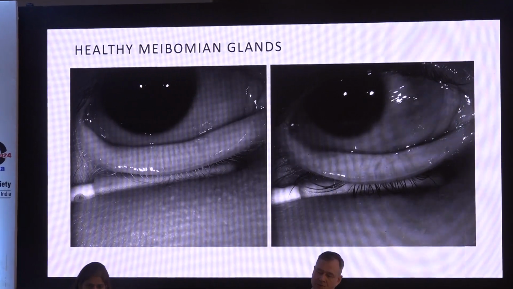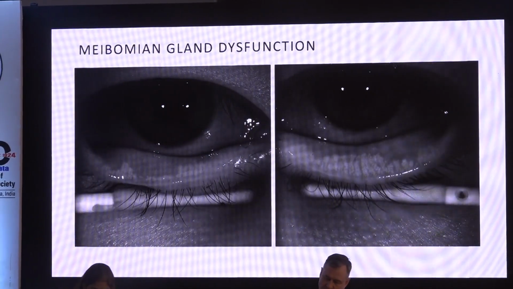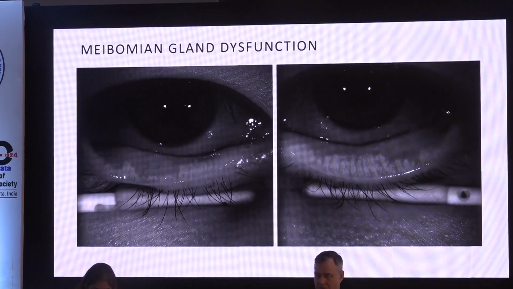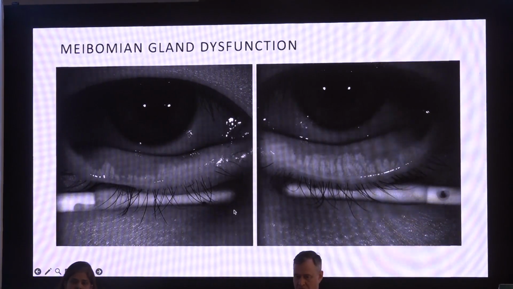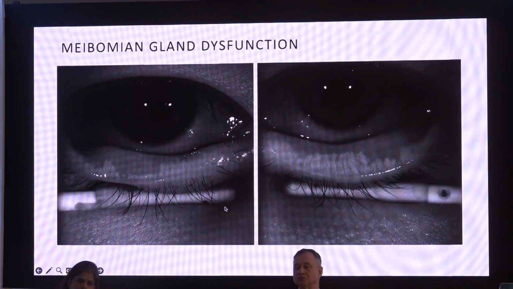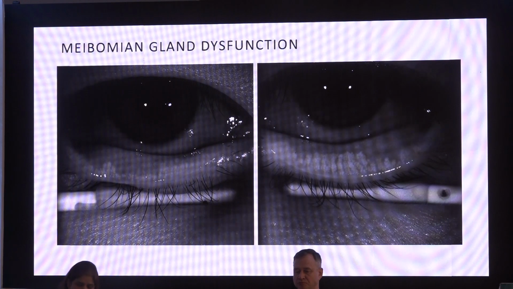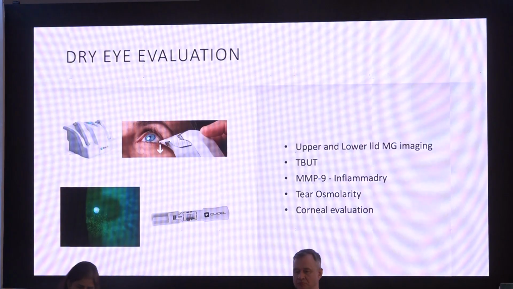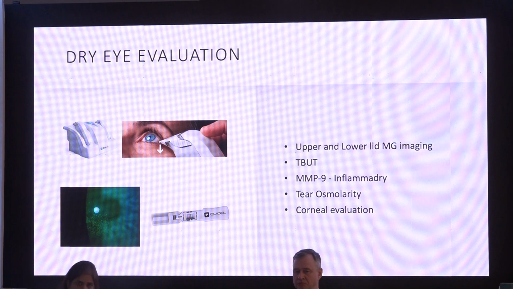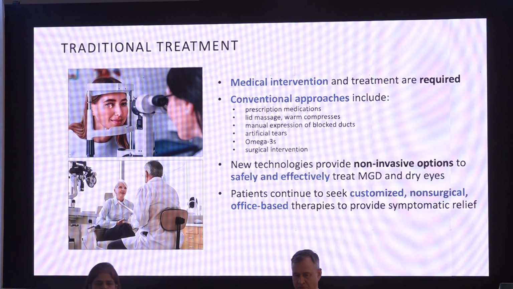This is just to show how healthy meibomian glands would look, and how they look when there is a dysfunction of the meibomian glands, both on the LipiView or ocular surface analysis, and this can even be picked up by autorefractometer. Once this is there and you have done an evaluation of the dry eye by doing the various tests, which include upper lid and lower lid imaging, tear breakup time, MMP9, which is maybe done in some of the centers, tear osmolarity, as well as the clinical evaluation, there are various